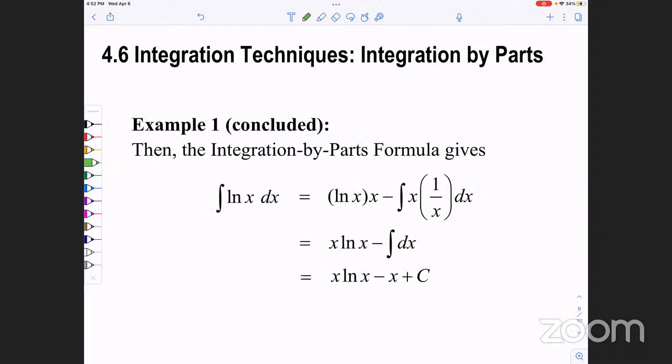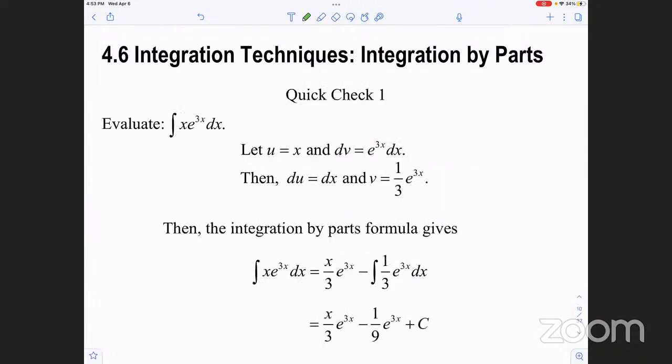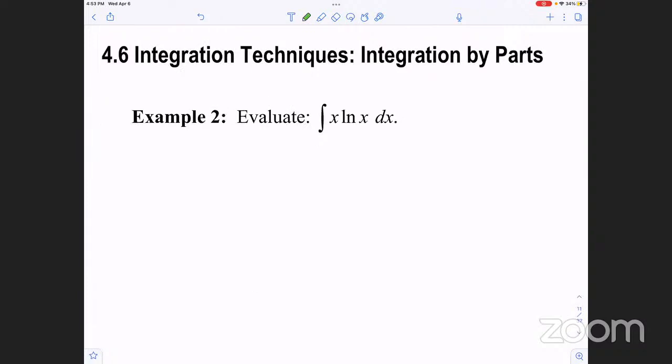x ln x minus x plus a constant. Let's try another one. All right, integration by parts. Quick check, I'll leave that as an exercise for you. All right. Let's see. Okay. So let's see. We're gonna let u